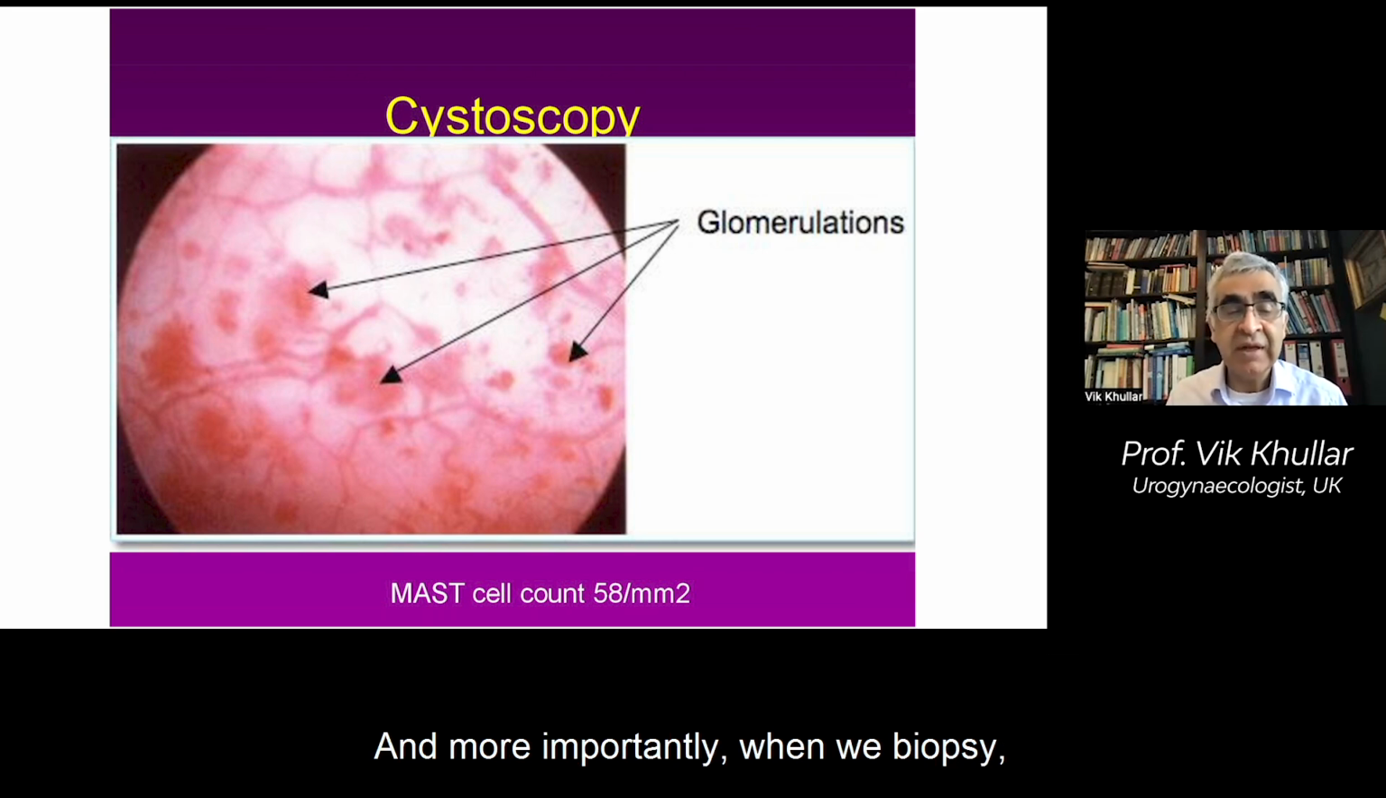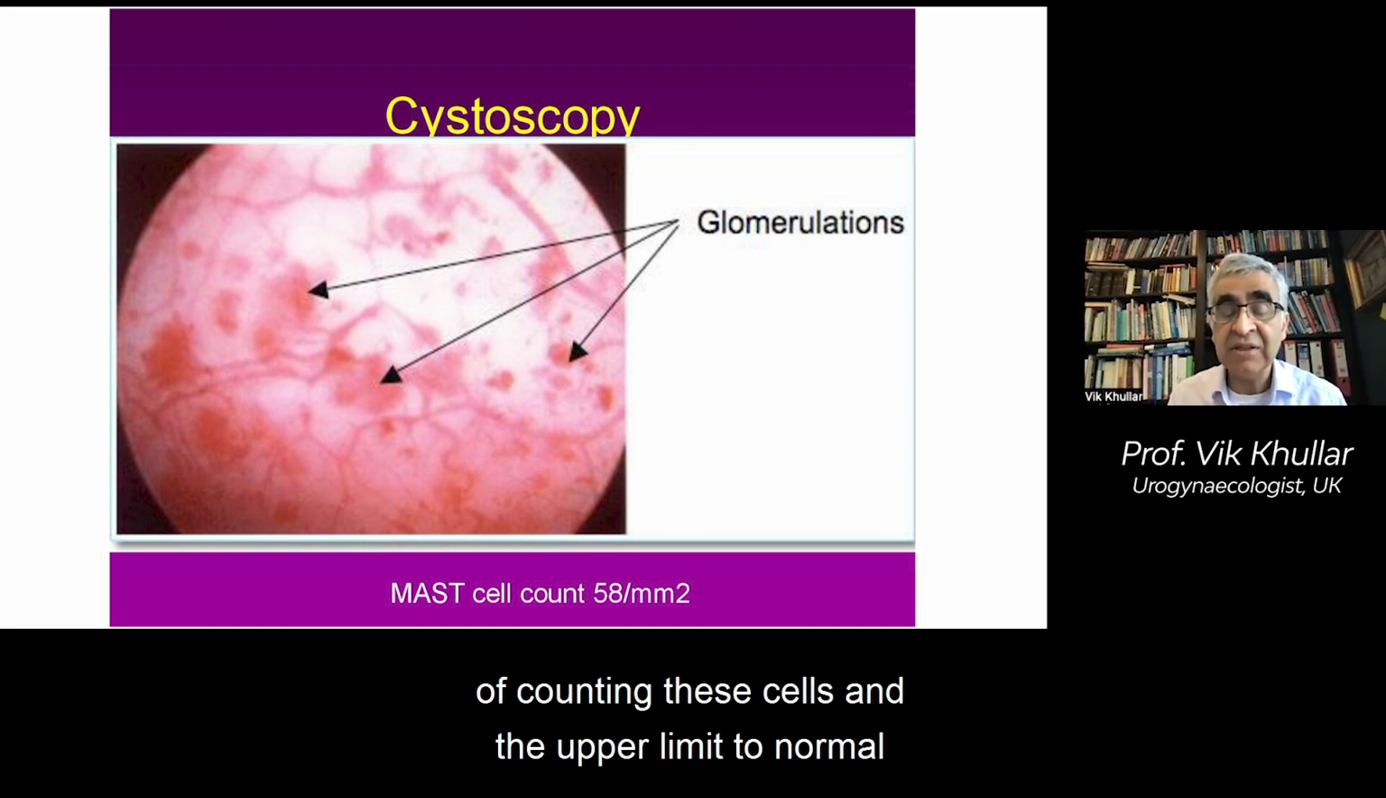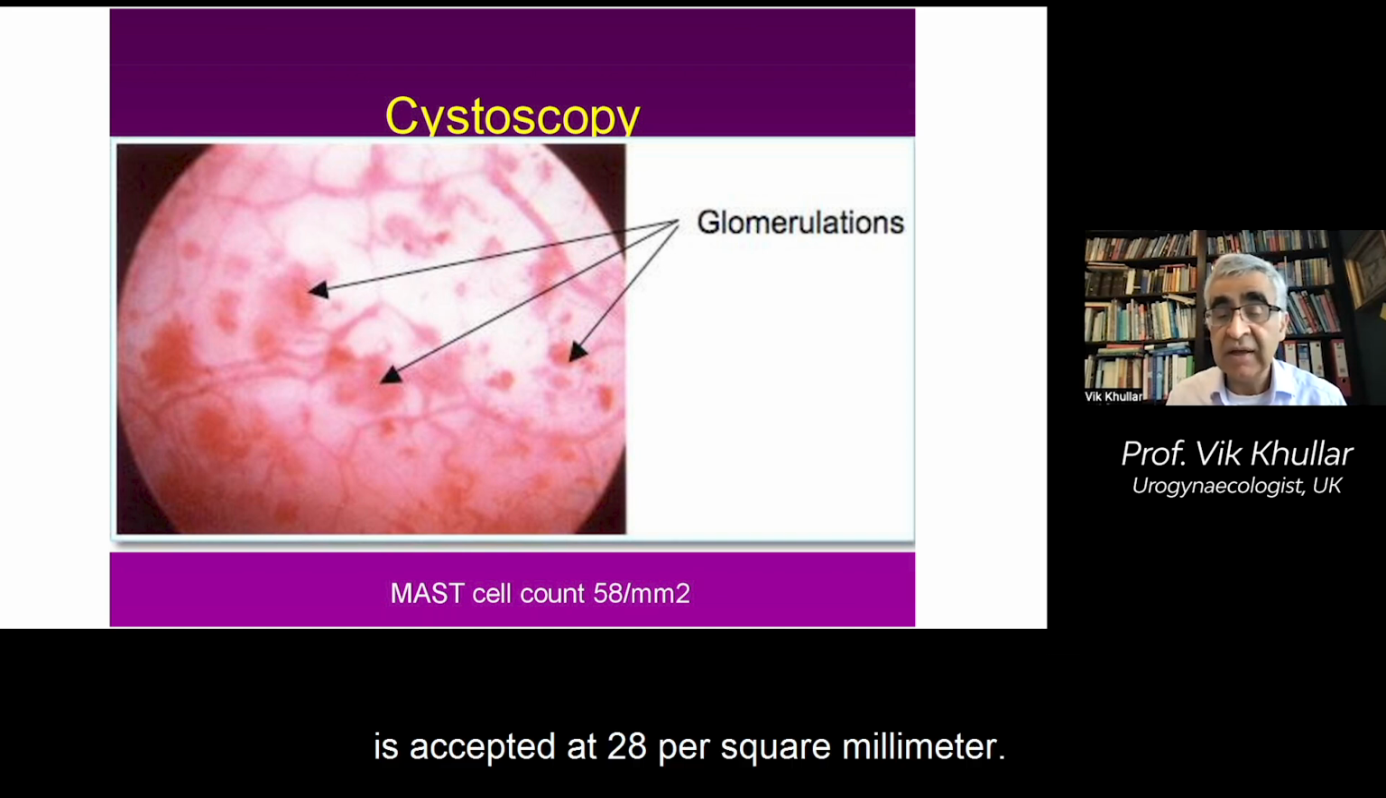And more importantly, when we biopsy, we see not only on histology excess numbers of lymphocytes, these are the innate lymphocytes, but we will also see mast cells. And there are very specific ways of counting these cells. And the upper limit of normal is accepted at 28 per square millimeter. There is a problem in that,